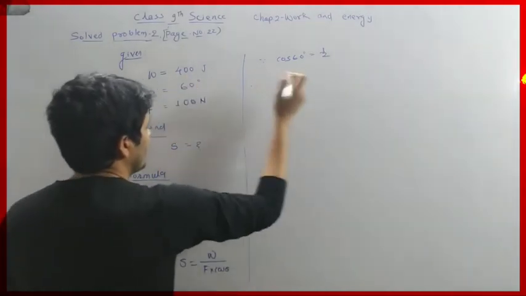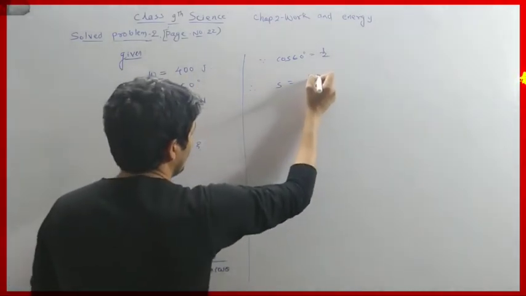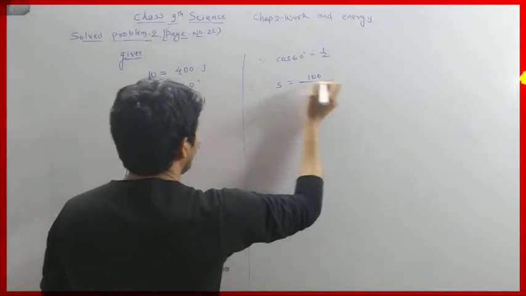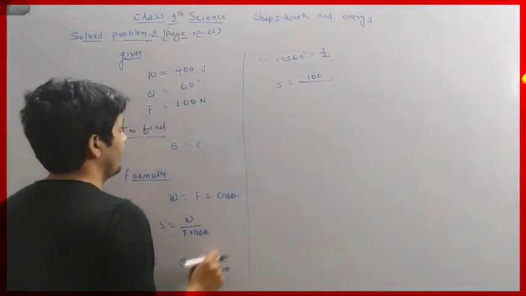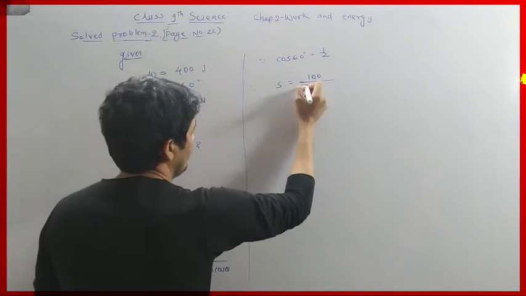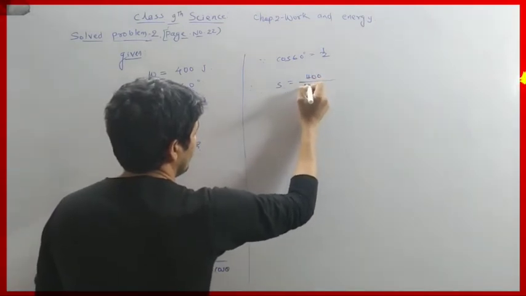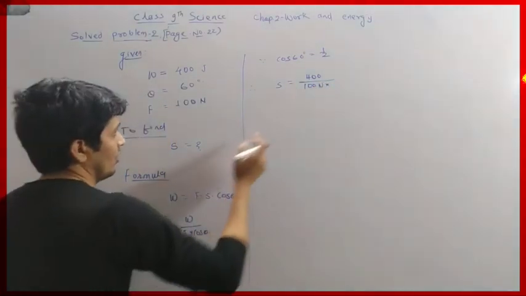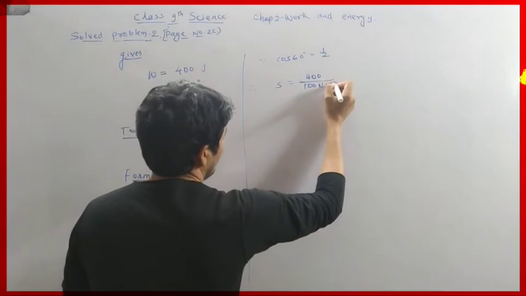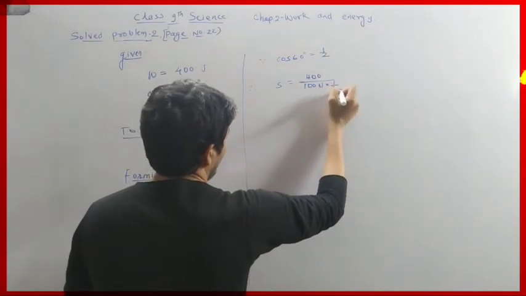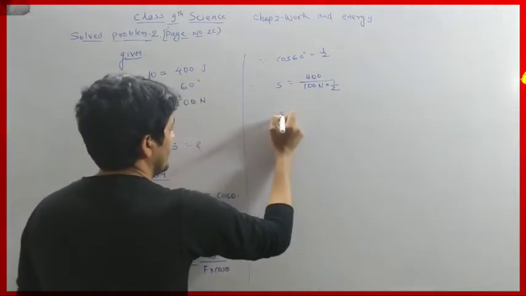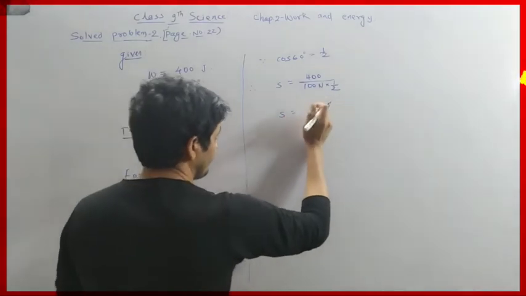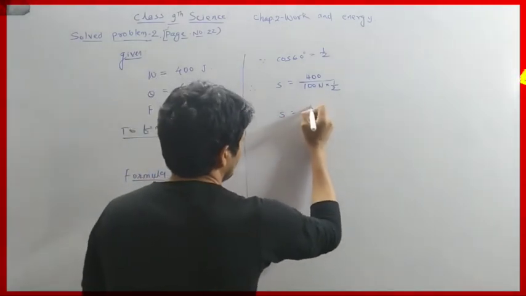It is 400 joule. So 400 joule divided by F. F is force, which is 100 Newton, into cos theta. Cos theta is 1 by 2. So S equals 400